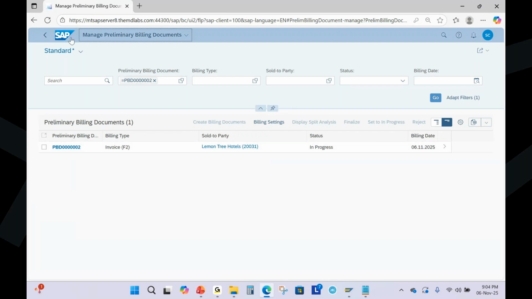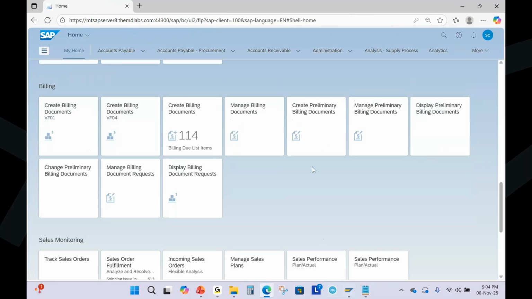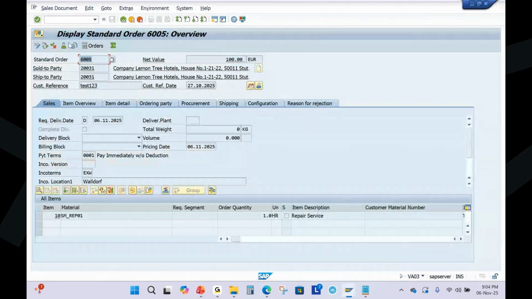So now there is no need to save, right? So let's go to the SAP main screen. Okay, so that is how you create a preliminary billing document. Now if you go to the system,